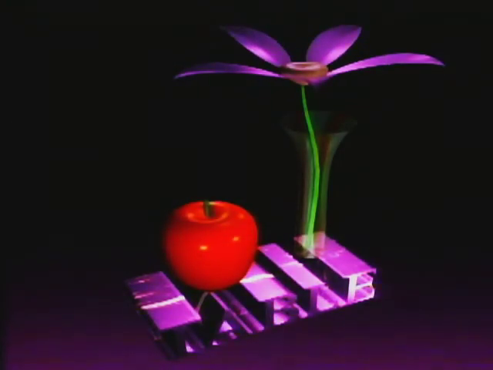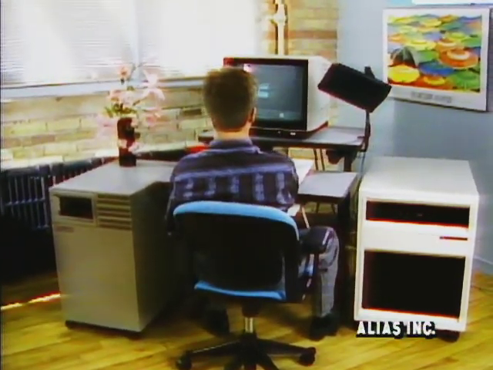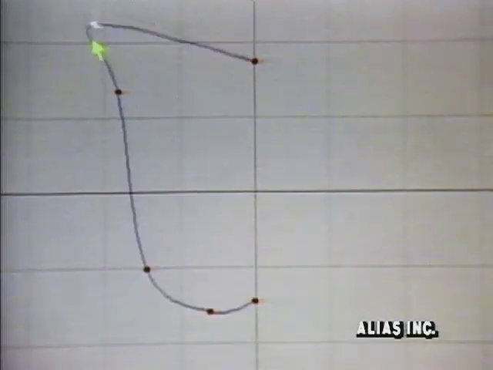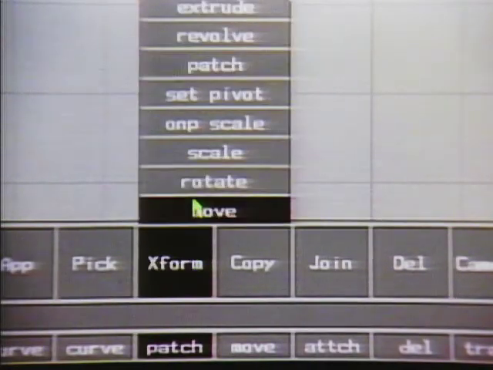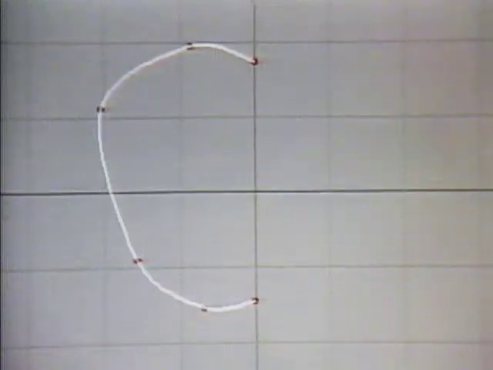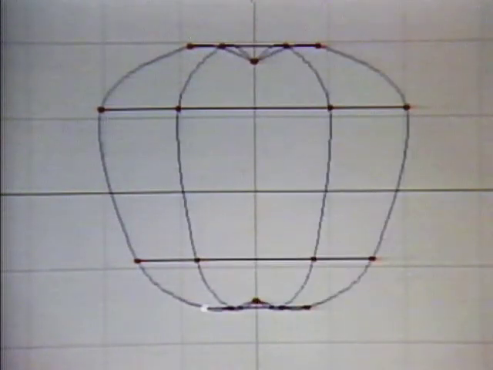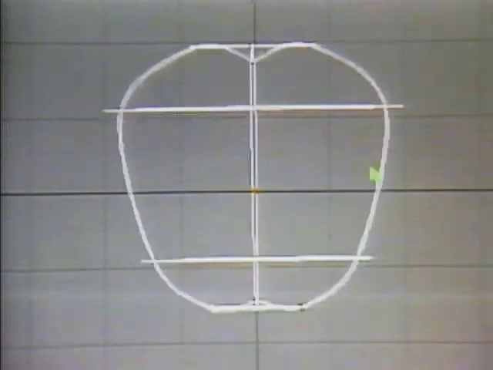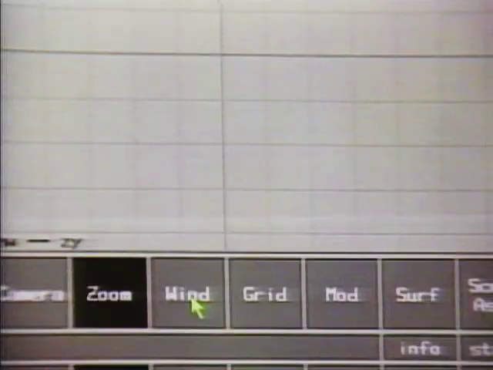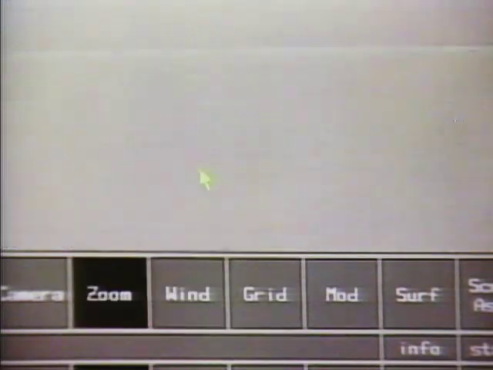This still life is created using the Alias 3D design workstation. The animator works on modeling a wireframe apple, which is given several sides. The completed 3D model is rotated. A vase is added and the two models are seen together in perspective.